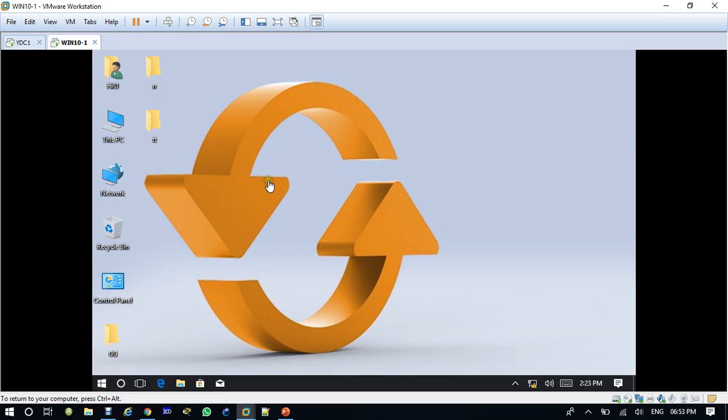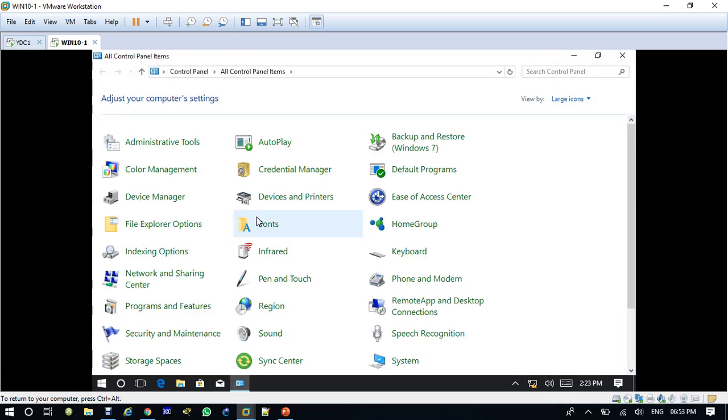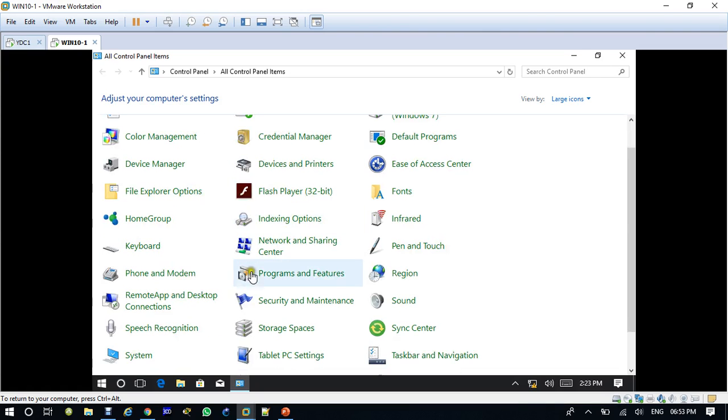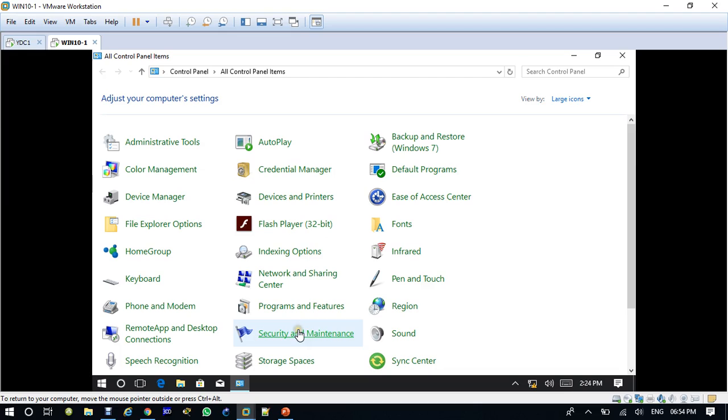Now let us open the control panel again. You can see here, do you have mouse, do you have drive encryption? Language is not there, recovery is not there, whatever you hid, you have prevented him from accessing. He is not able to see those things, no drive encryption.